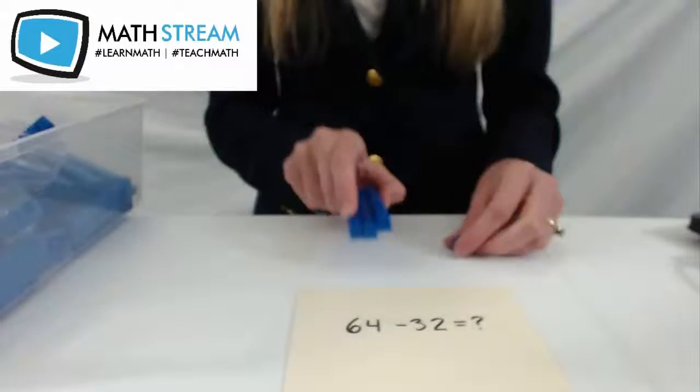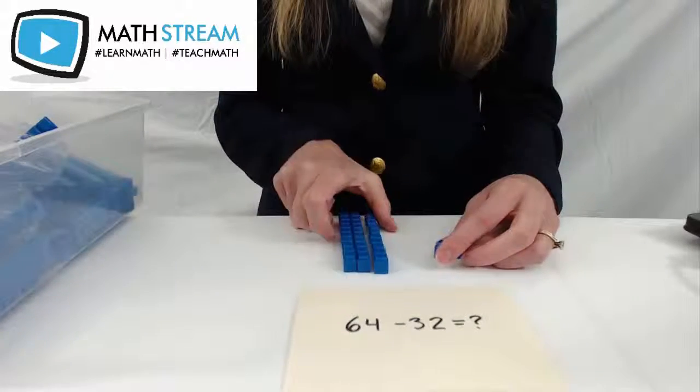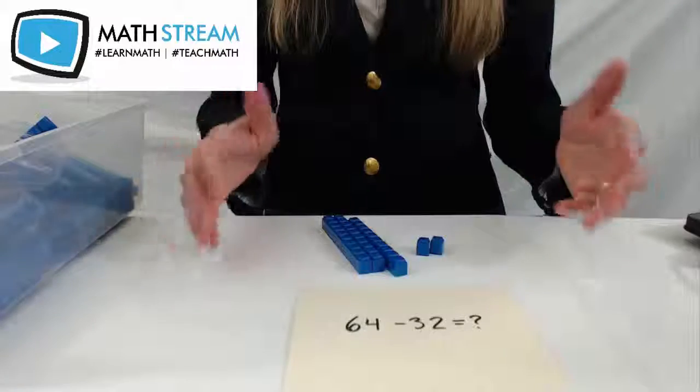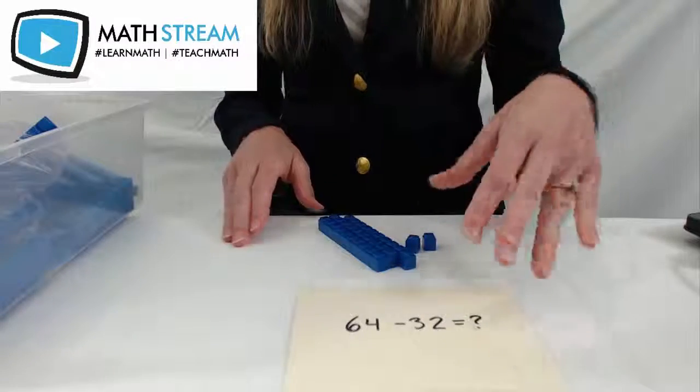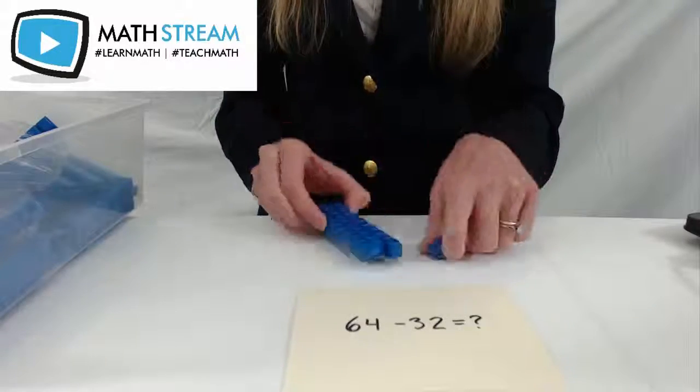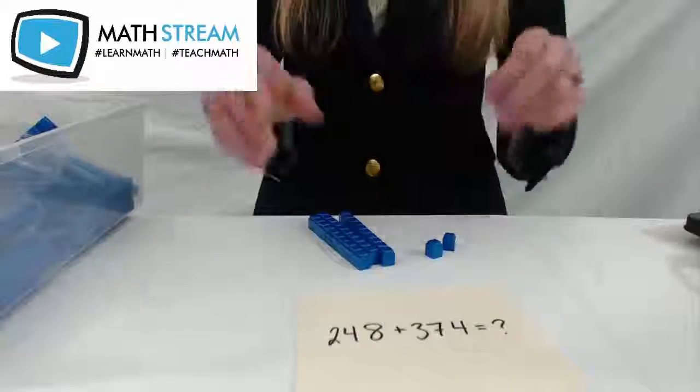And what do I have left? 3 tens and 2 ones. So 64 minus 32 is 32, which probably isn't surprising to us, and that is why. 64 minus 32 is 32 because we've taken the quantity away. Okay, that's easy enough. What happens